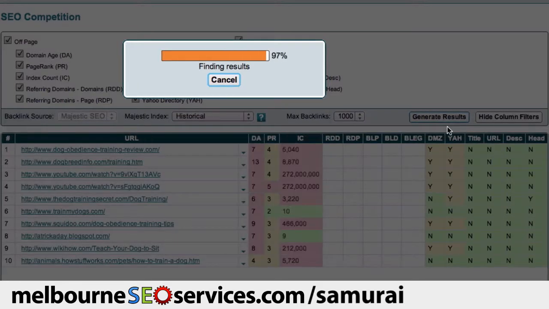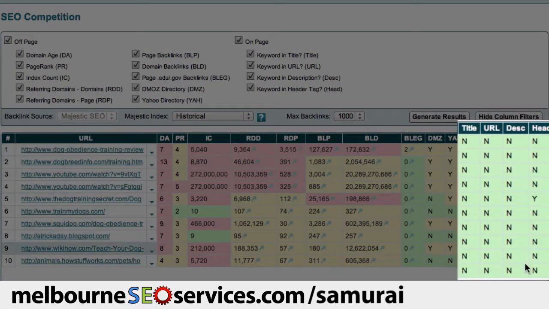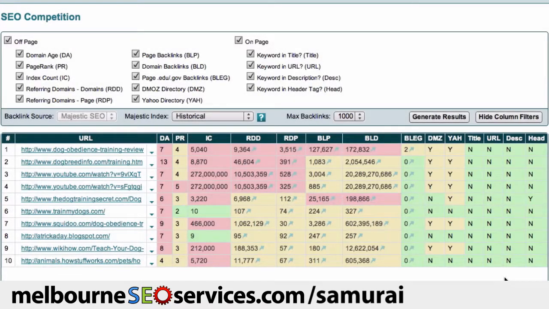In assessing this SEO matrix, I can see that none of these websites has been completely optimized for the phrase how to train my dog, which is generally a good sign. Therefore, my gut feel when looking at this SEO matrix is that if I developed a great website with good quality articles targeting my theme and category keywords, I would have a reasonable chance of making it onto the front